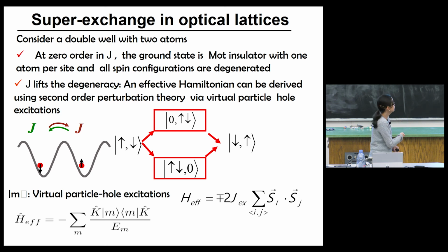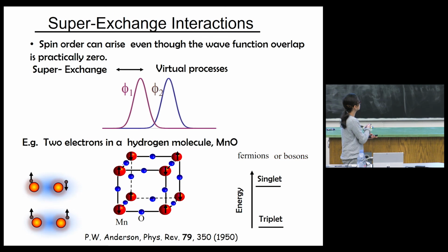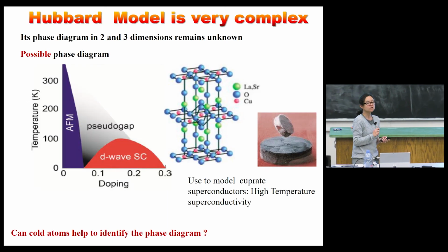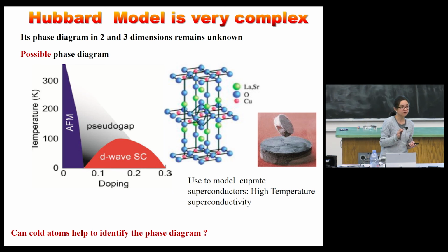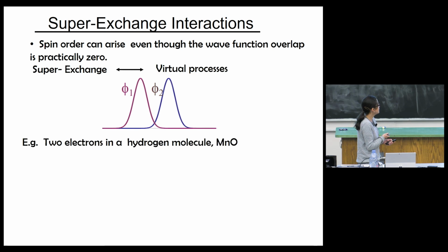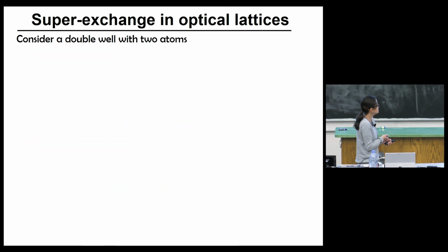If you look at this Hamiltonian S dot S, the spin singlet is the one that has the lower energy. The spin singlet has the states anti-aligned, and this is what explains the antiferromagnetic behavior in the Hubbard model. So the superexchange interactions are what explain the antiferromagnetic behavior in the Hubbard model. What we want to do in the clock is to use these superexchange interactions to create gates, or to create something that is,